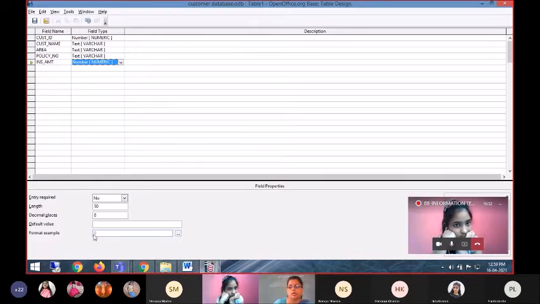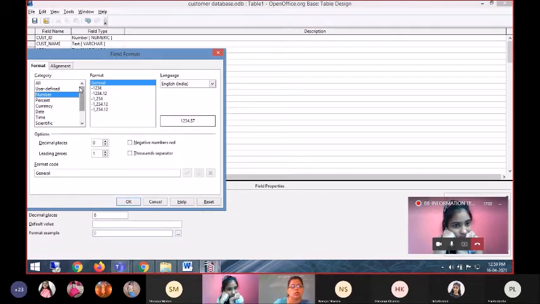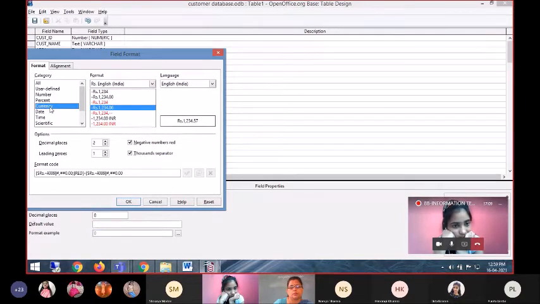Look at this. We are working in OpenOffice Base. So here I click on format example, the three dots. When I click on this, it will give me different options. I want currency, so I will use currency. Now currency in which format? I want rupees, or I want INR with decimals or without decimals.